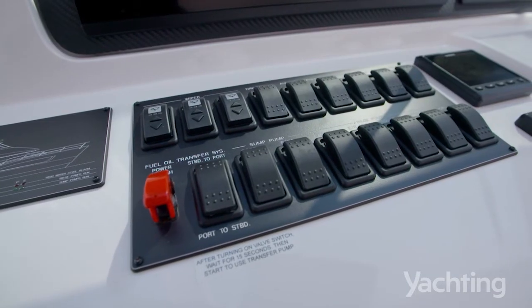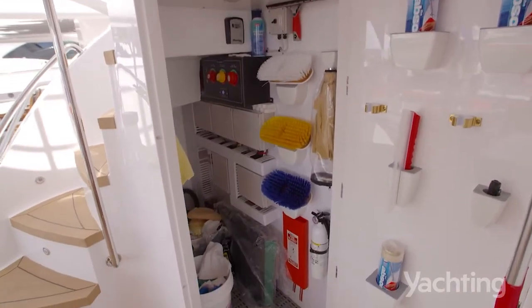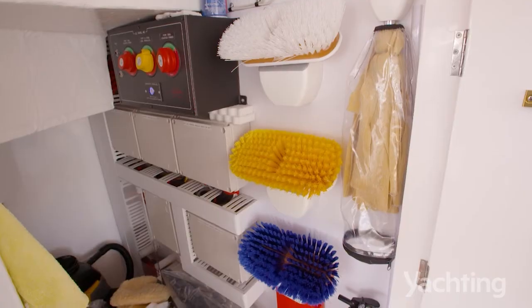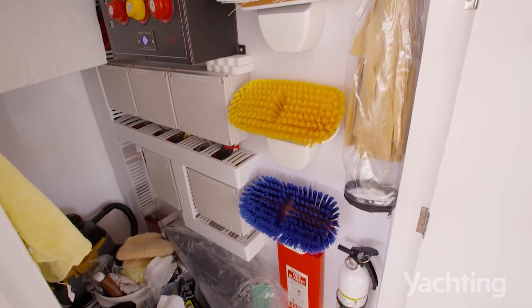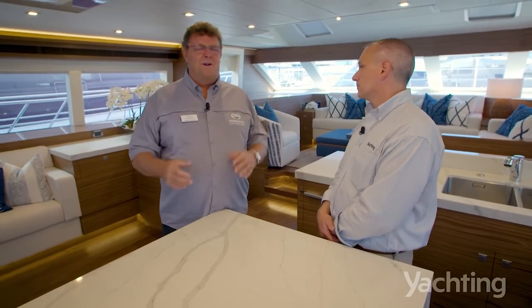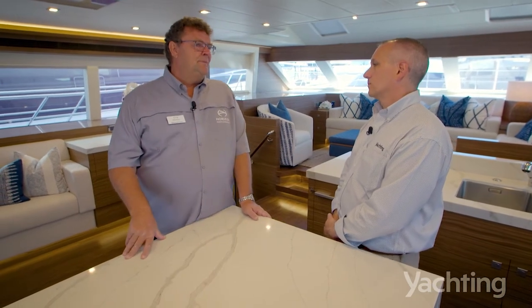We want to offer a complete package to the client, right down to the fact that we supply an amazing bosun locker filled with all of your brushes and mops and chamois and blades, and then a full kit of cleaning materials and tools. We want to offer a complete boat so that the owner has a hassle-free ownership. He's not walking down the aisle of West Marine or somewhere going, what should I be buying for that? We've supplied it. So what's the build time on a 60? We're now at 11 months build time. Obviously,